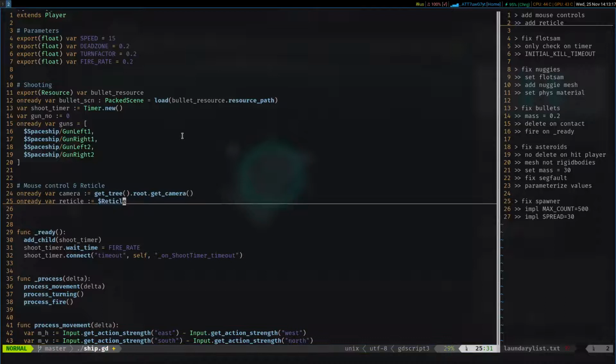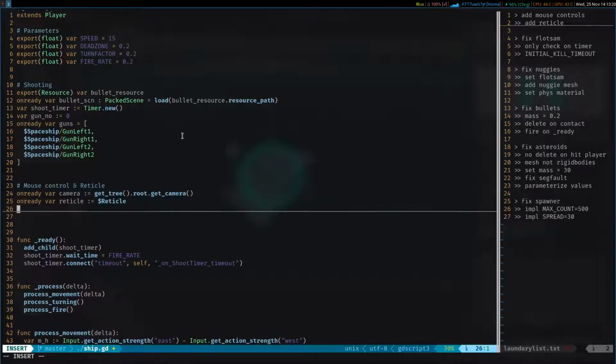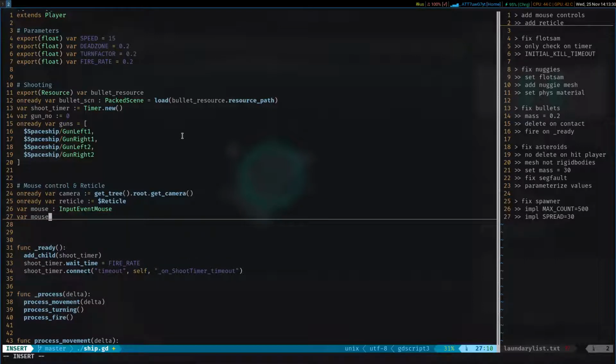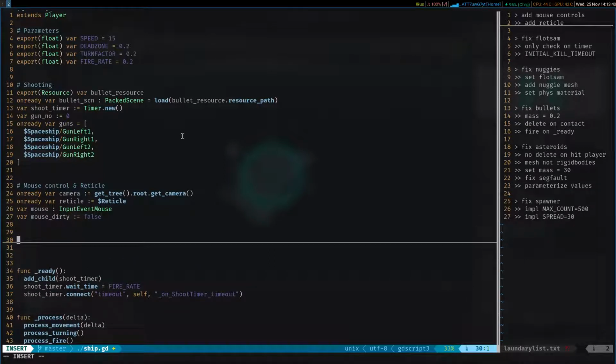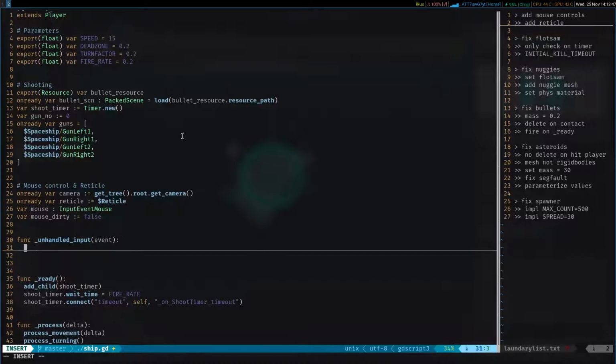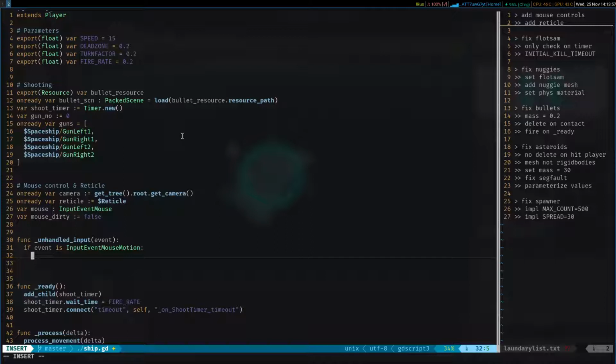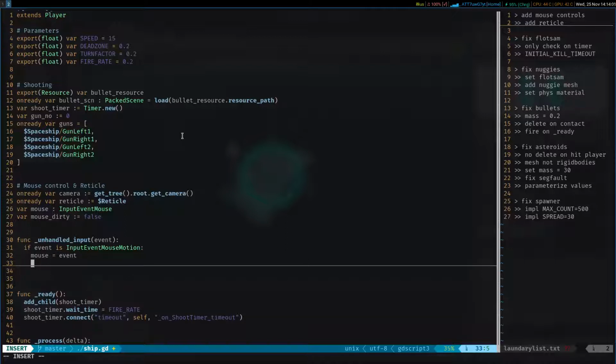So now I need a reference to that. Reticle. There we go. So I need to update the position of this whenever I have a mouse movement. And then I also need a var mouse to hold the input event mouse data whenever I have mouse input. And then I want to have mouse dirty. This variable is just going to decide frame by frame whether or not I have mouse movement input. So, unhandled input event. This will fire every time I have an input event. And then if the event is InputEventMouseMotion, that means if I moved the mouse this frame, then I want to have the mouse equal the event, and that'll contain the position. Mouse dirty equals true, and then